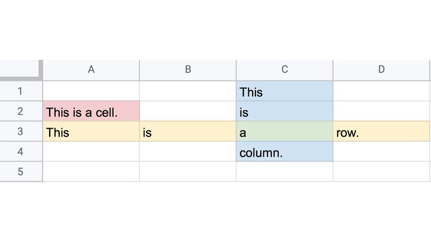I showed you this image earlier. Let's explore it further because it's a great example of the three main features of a spreadsheet: cells, rows, and columns. They'll be part of almost everything you do in a spreadsheet, from making a simple grocery list to analyzing